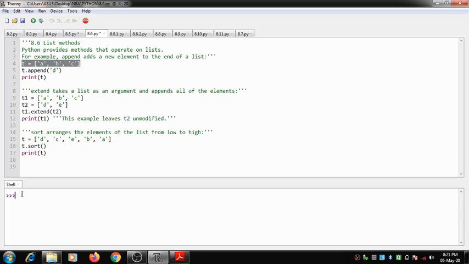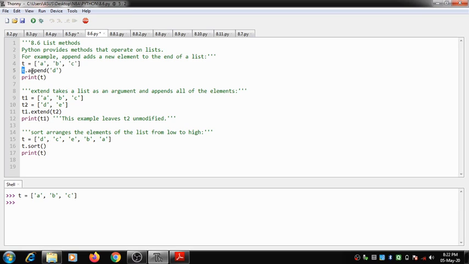Let us see how this works. I've just copied it and pasted it. Now here I have a list, and you can see t.append. So what is t?